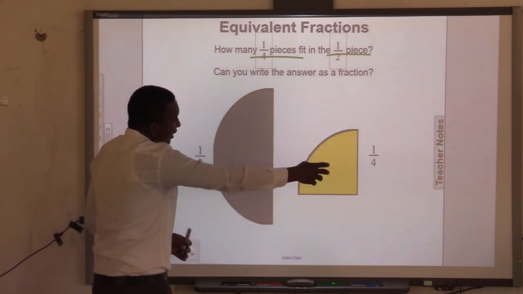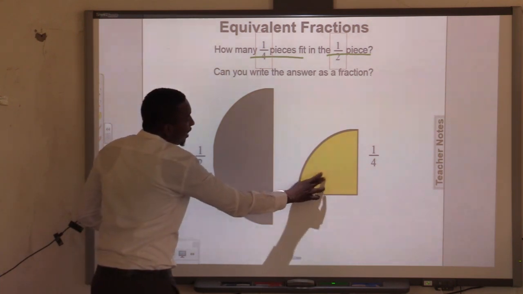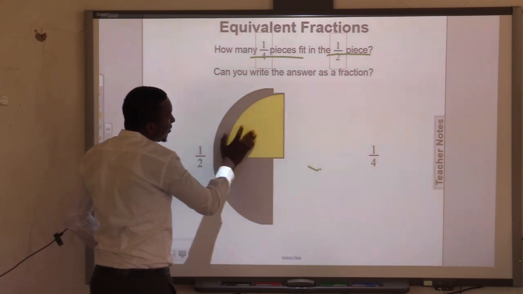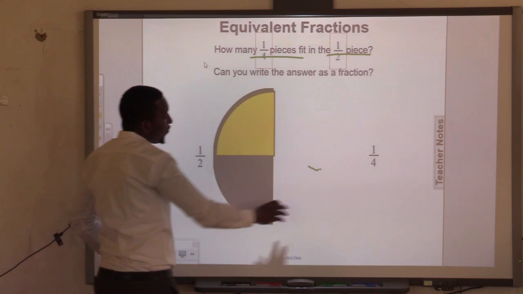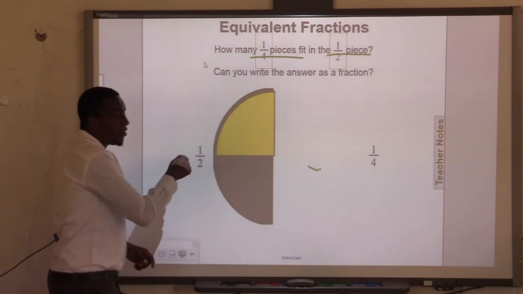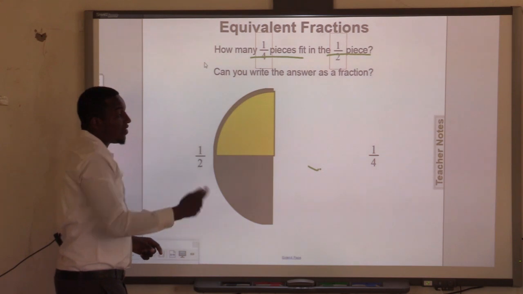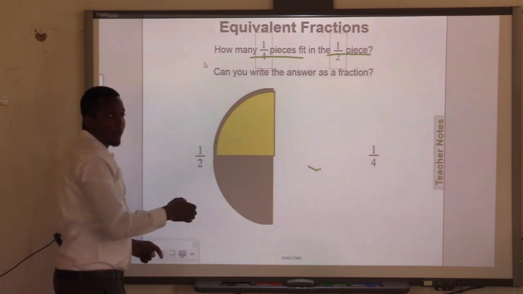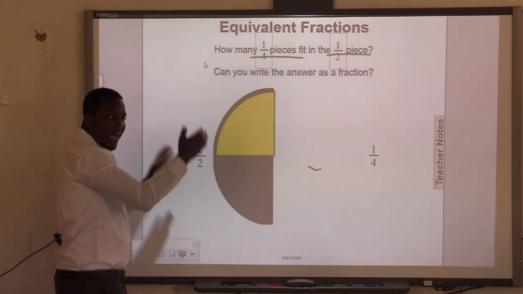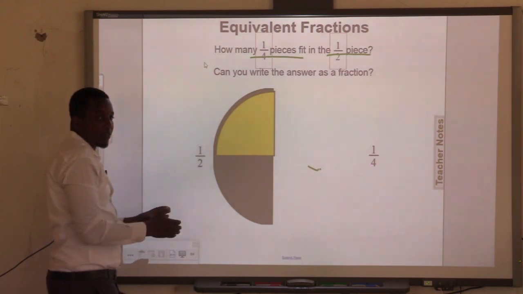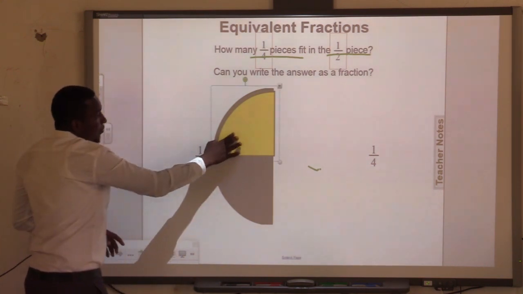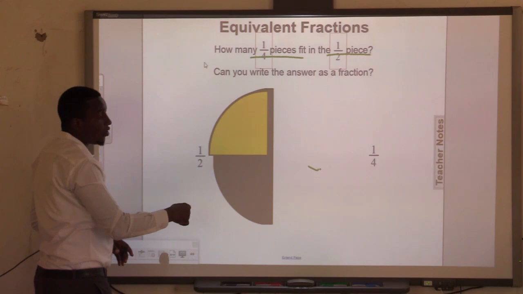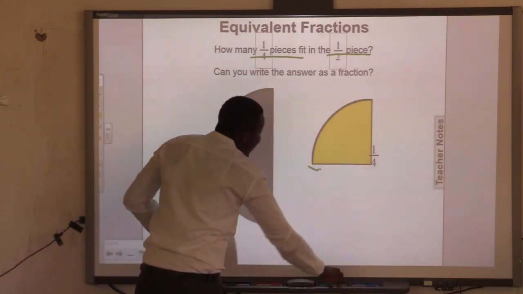So if you want to take this inside here, like we try to compare it using the diagram, you'll come to realize that 2 of the 1/4 will be in the half. The circle that is divided into 4 parts, 2 of it will fit in the circle that is divided into 2 parts. If you just take half of the circle that is divided into 2 parts, you realize that 2 of it is going to fit here in the other part of the circle. So that answers the first question